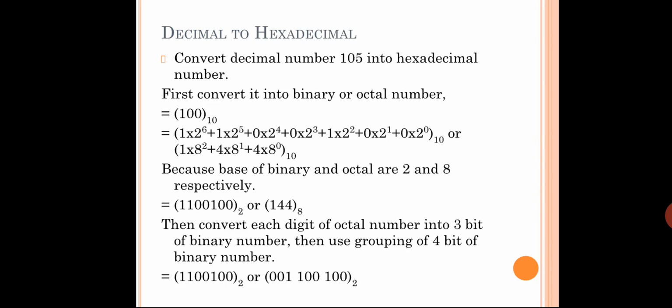Anything is fine, but I always recommend you go via binary. Binary will be very easy for grouping, and you don't get confused at the end. Which is easy for you, you can go with, but I recommend binary itself, because binary is the most used number system, and without binary your computer system is nothing. So I always prefer binary. But if you are great with the octal number system, then you can go for octal also.